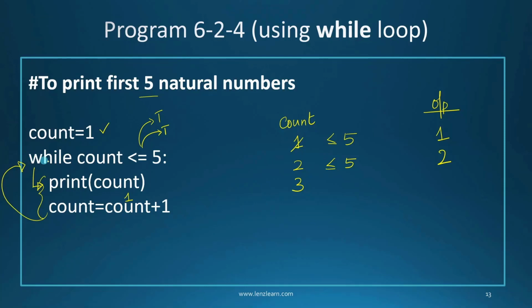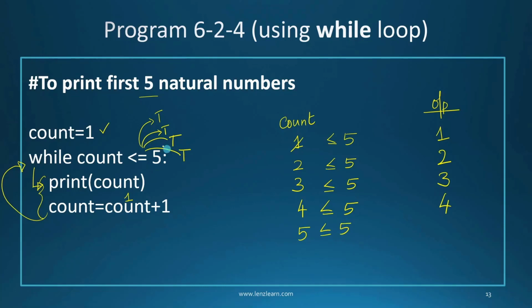I will come back to while loop condition check again. Now I will check 3 is less than or equal to 5. You can see this also will evaluate to true. Now I will print the count, which is coming to be 3, and now the count value will become 4. I will check the condition again. 4 is less than or equal to 5. Again it evaluates to true. I will come inside, I will print 4. All right, and now I will increment the count value to 5,